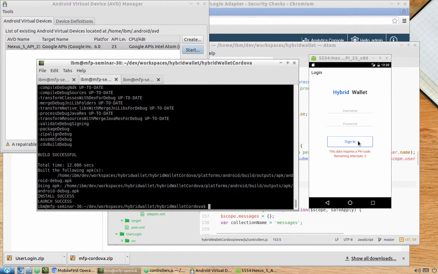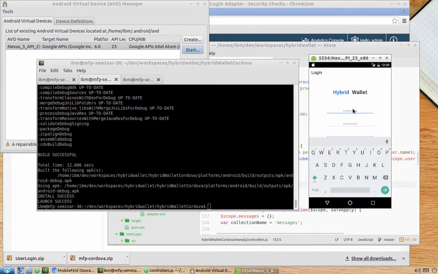So here we go. As you can see, it opened the modal window, and that can happen only when we actually receive the challenge. What you can also see here is that we have this data requires a PIN code and remaining attempts equal to 3. Let's try to enter a non-matching username and password and click sign in. We are seeing wrong credentials and remaining attempts equal to 2. Let's try to enter something that matches. So I will enter test as the username and test as the password